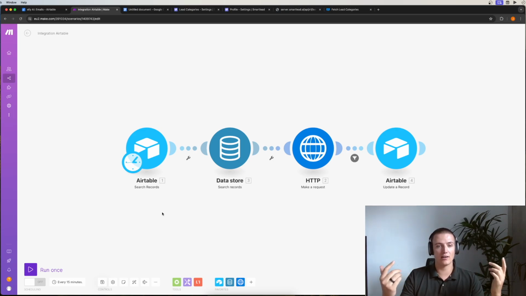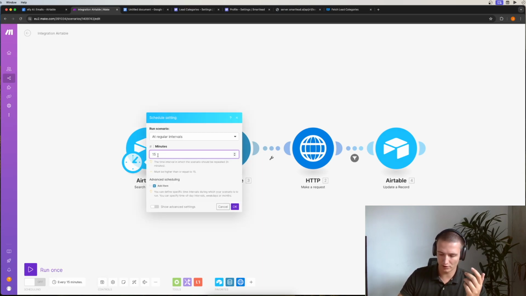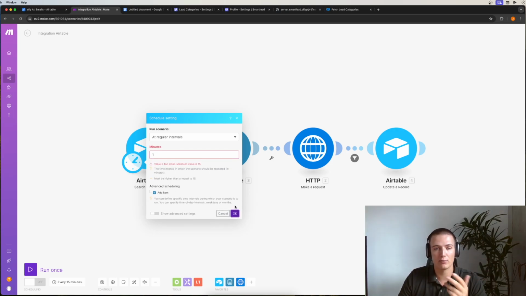So that's basically it. So now every 15 minutes in Airtable, it will look up if there's any sort of change made to the record. So basically if they're categorized by AI, and if it needs to feed back anything to SmartLead, so SmartLead knows what to do. And we can set this up a little bit quicker as well. We could do every 1 minute, and then maybe we do it during working hours to save a little bit on the operations. But yeah, now this way we can really quickly reply to,